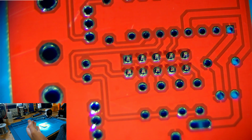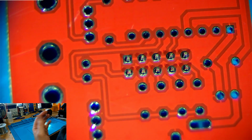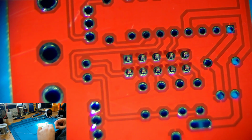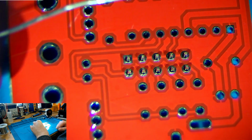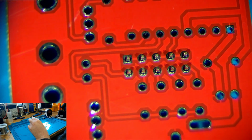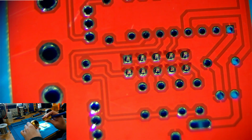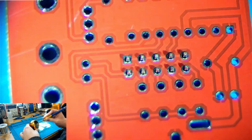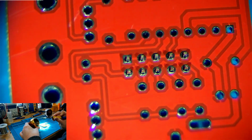So what we have here on the screen is a printed circuit board with a very simple connector, and what I'll demonstrate is how to solder that. Now, there's a couple of ways. You can apply flux, or you can go without flux and just use straight solder wire like we can see right here. So, we will take our soldering iron, clean it, get a nice shiny clean tip,